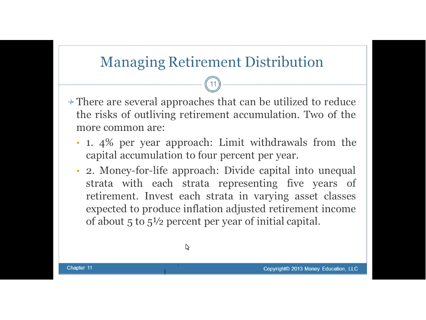So one important thing, there are several approaches that we can use to reduce the risk of outliving our money. Longevity is a major uncertainty when it comes to retirement planning, and this is the area where I focus my research. There's a 4% approach that says if you start off with $1 million, you can afford to take out $40,000 the first year, 4% of your value at retirement. Take it out at the beginning of the year or quarterly and so forth,